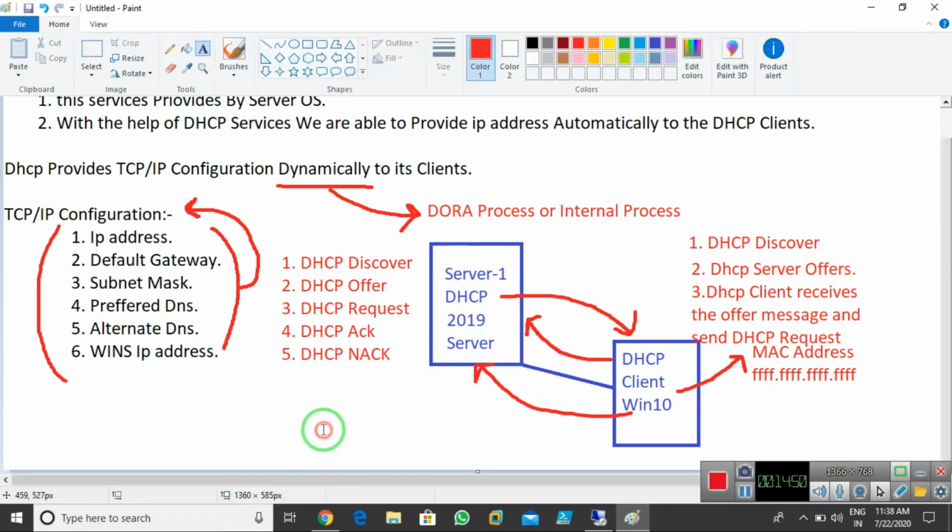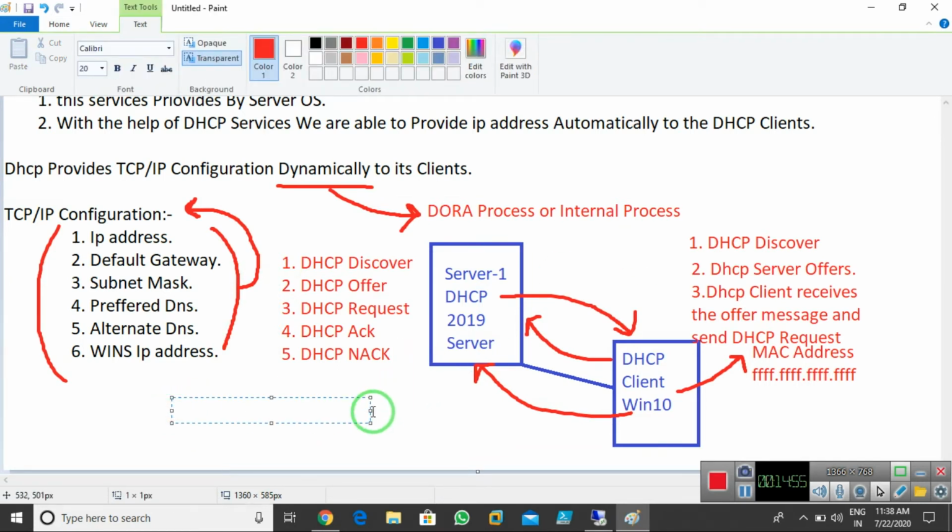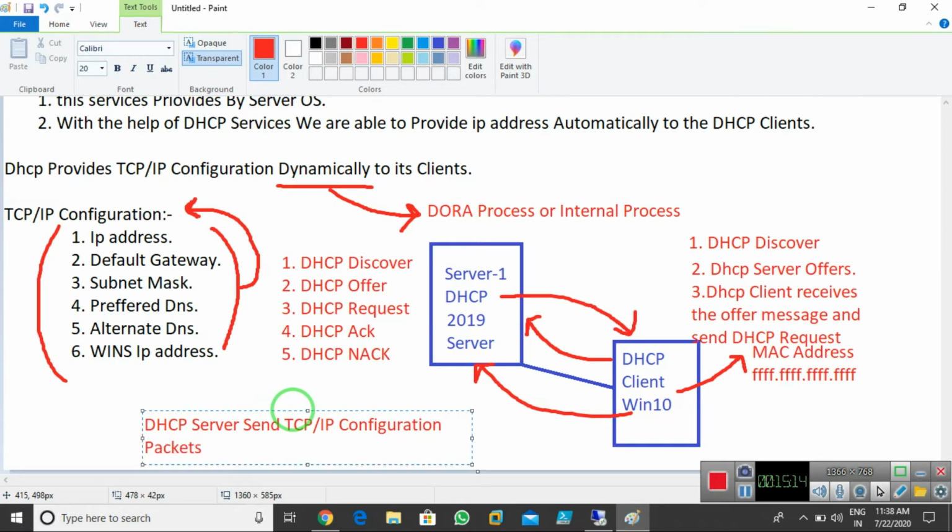After this process, what happens? After this process, DHCP server sends the TCP/IP configuration packet for by default 8 days.